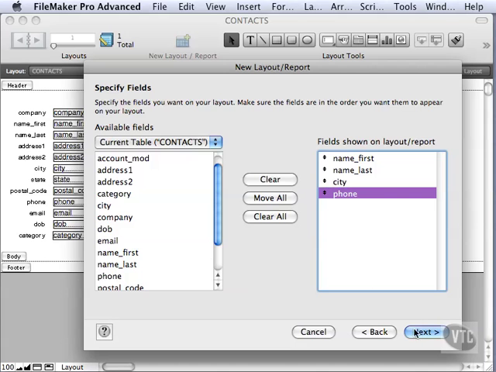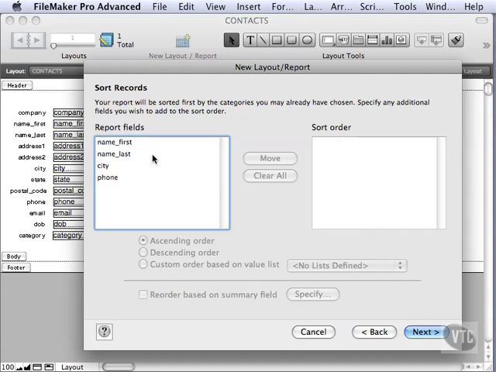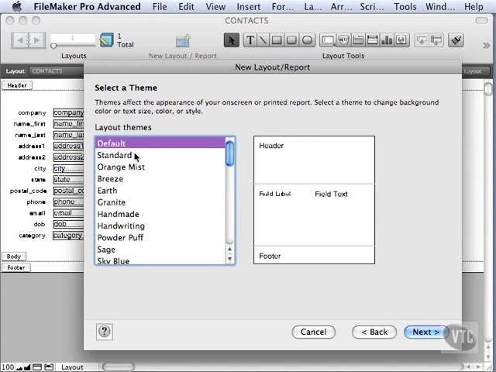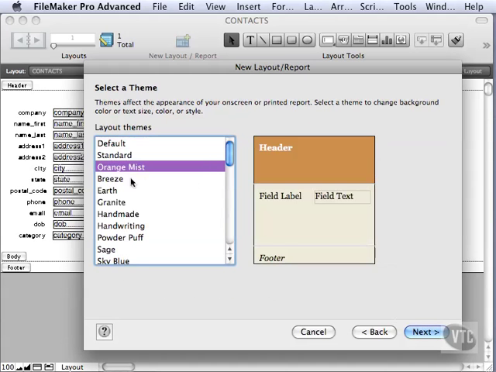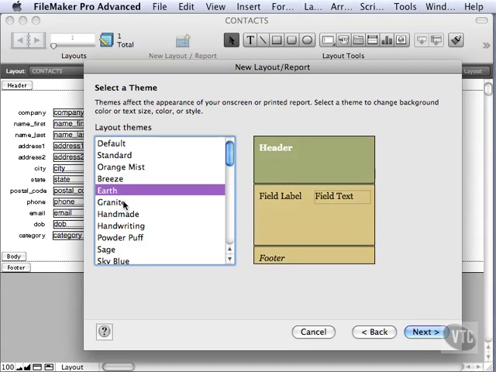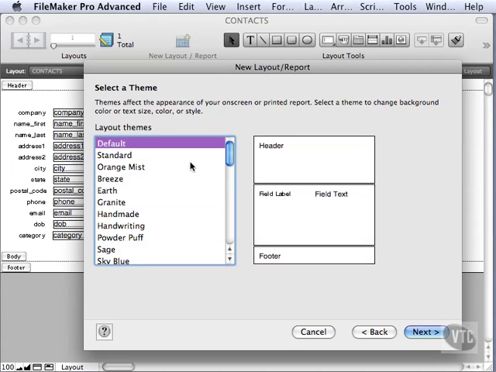So we'll go ahead and hit next, and now we're going to decide, do we want to sort records? Well, I can do that manually, so I'm not going to do that. I'm just going to hit next. Then we can select a theme. You have all kinds of themes here. Orange mist, breeze, earth, granite, whatever you want to choose. Again, we're going to go with the default